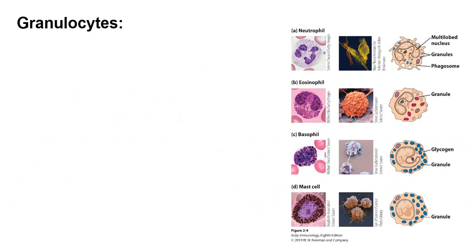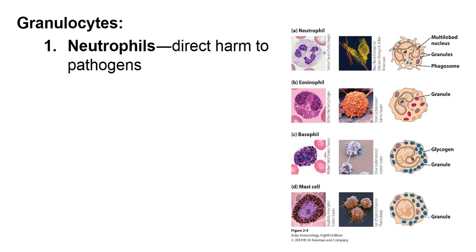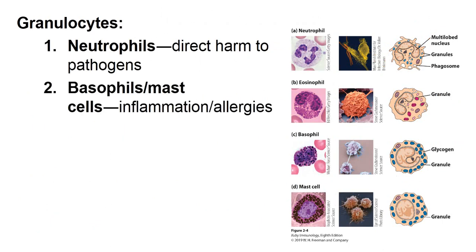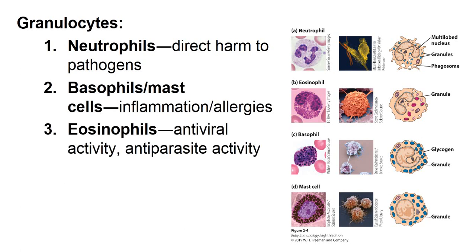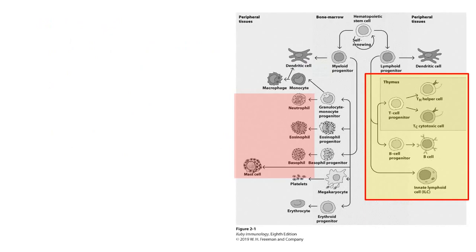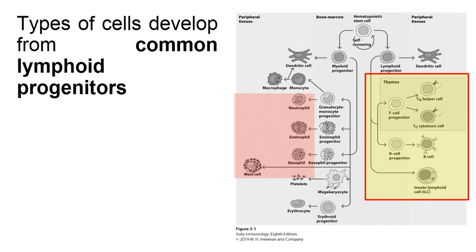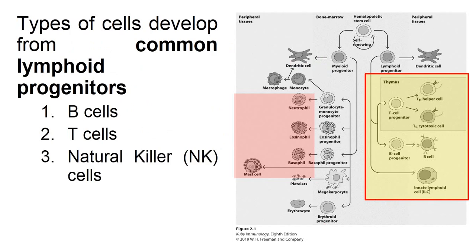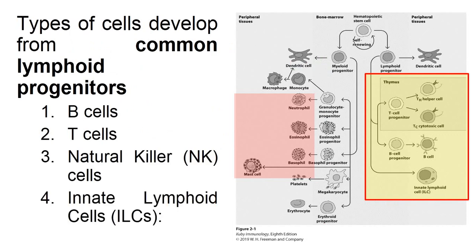Now we come to individual granulocytes. Neutrophil, it causes direct harm to the pathogen. Basophil or mast cells, inflammation, allergy. Eosinophil, antiviral activity. The types of cells develop from common lymphoid progenitors. Of course, here you have B cell, T cell and natural killer cells, the three subtypes, and innate lymphoid cells, that is ILCs. Since majority of them are components of adaptive immune system, in this video I won't describe them